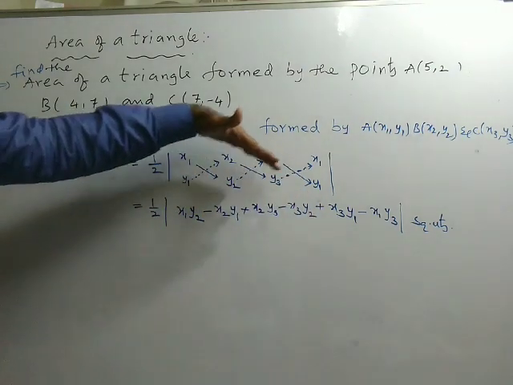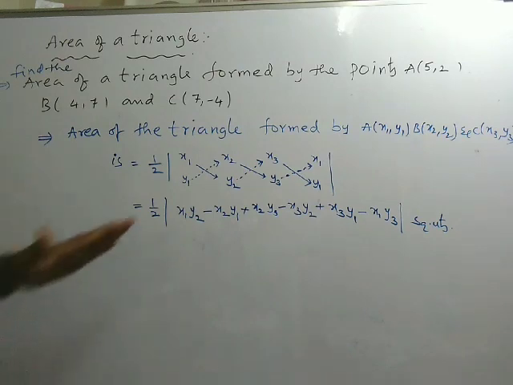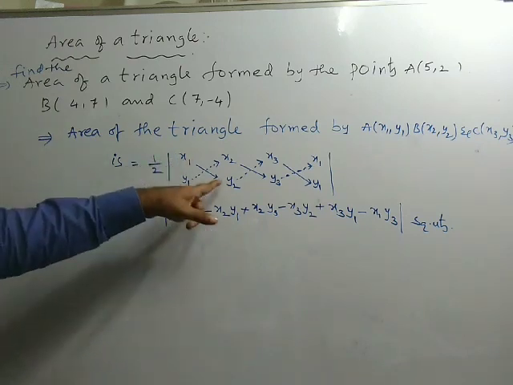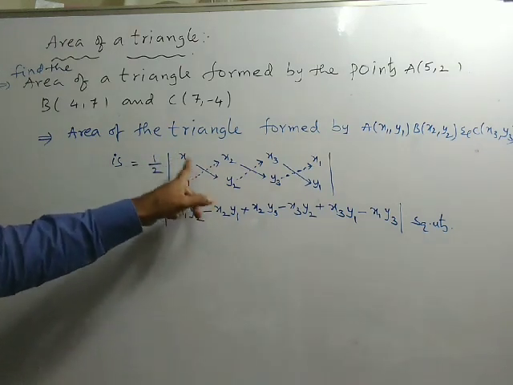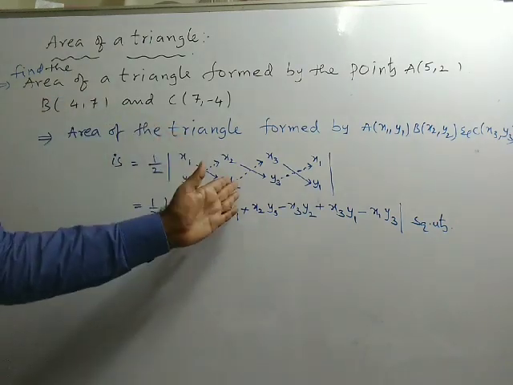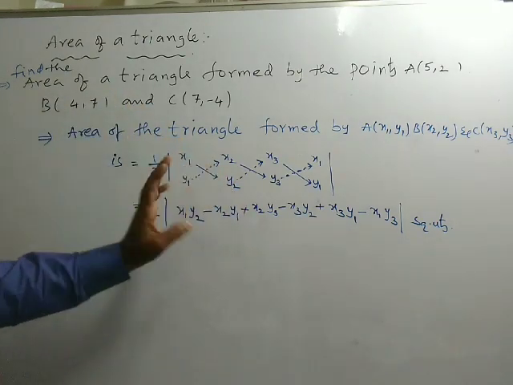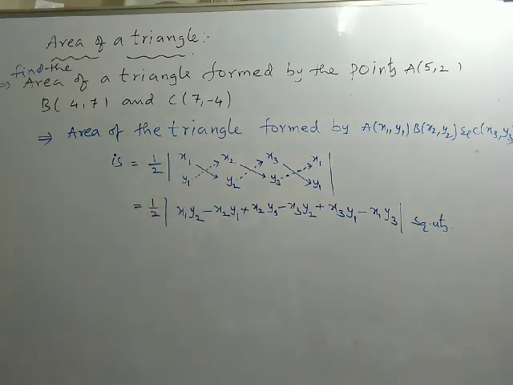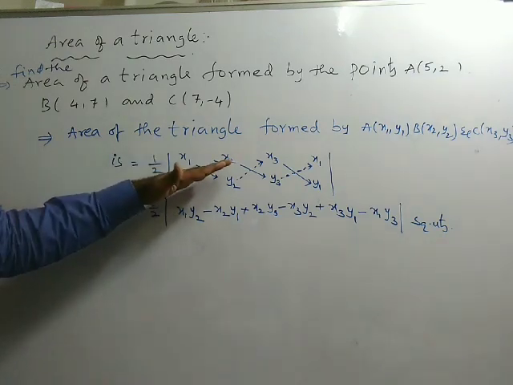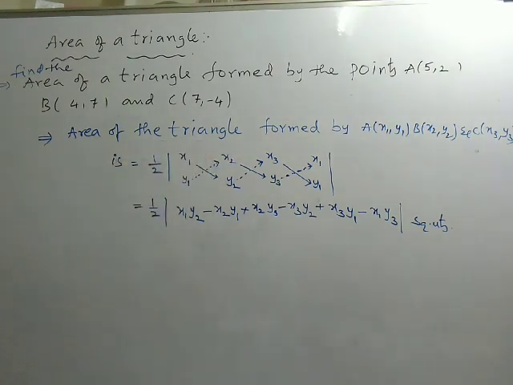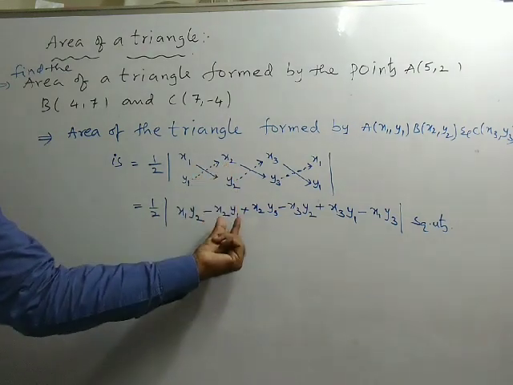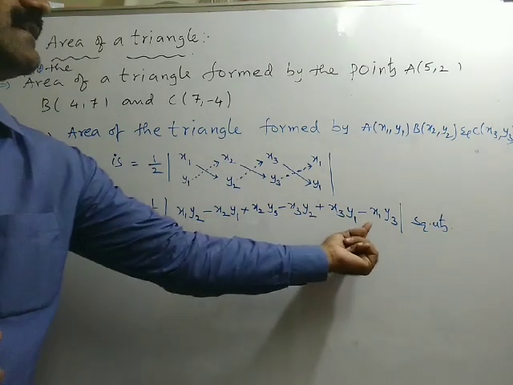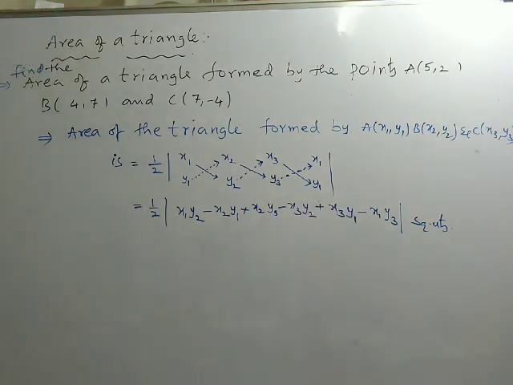Now this is a regular arrow, please mark it, and the opposite direction you can consider as a dotted arrow. So the regular arrow things you need to multiply as it is and write the sign whatever you have. They may be positive, they may be negative. Just multiply and put it. Maybe the product is 2, then write plus 2. If the product is minus 2, then write minus 2. But coming to these dotted arrow things, after multiplication, actually the multiplication is x2 into y1. So before that we need to take minus, and then minus. So this is what you need to observe.